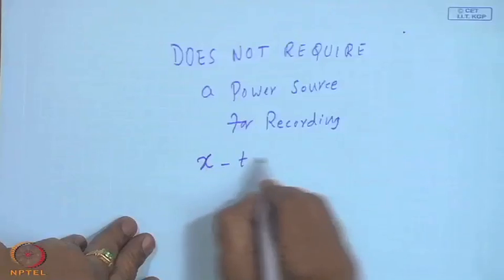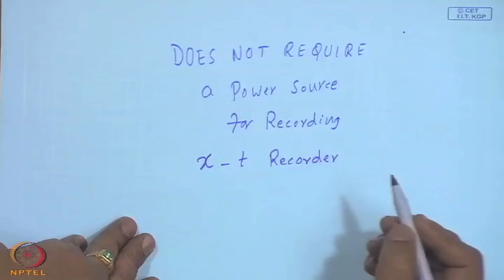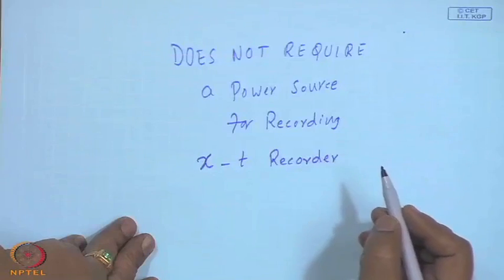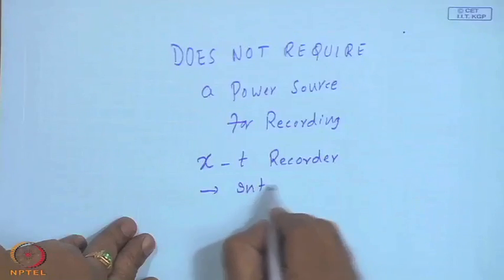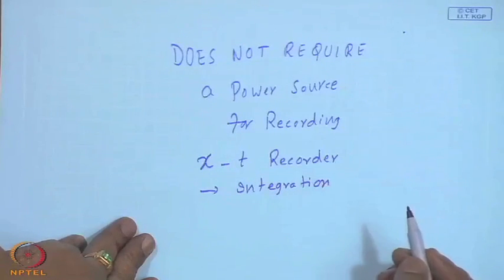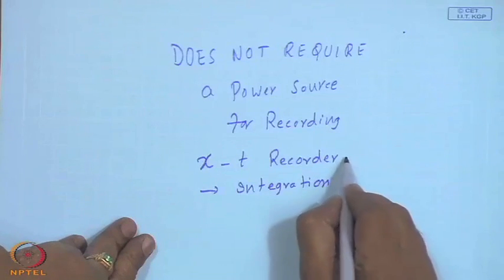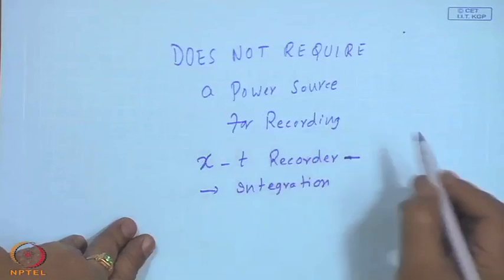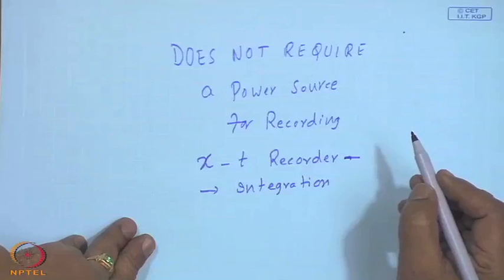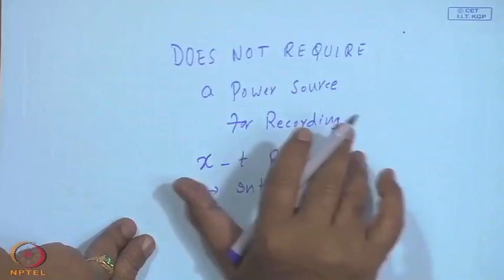In the olden days, it used to be some sort of an XT recorder, and if one wants to get a value for 1 hour or 1 day, it goes through a painful integration process, quite often mechanically or using a planimeter. So, this recorder has to be operated with an external power source. If there is a power failure, even though the instrument may be working, you will not have an indication of